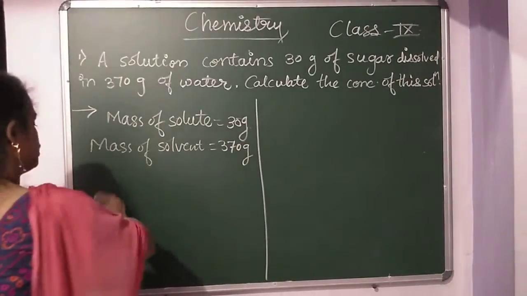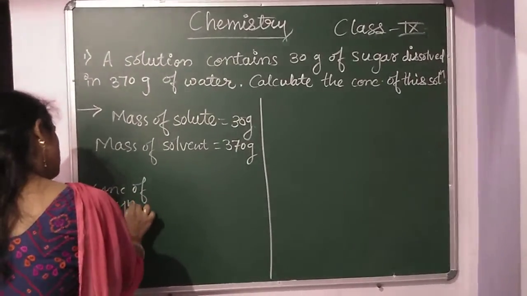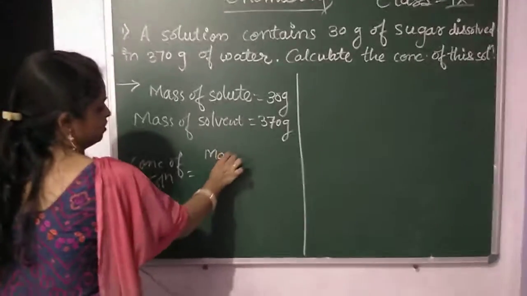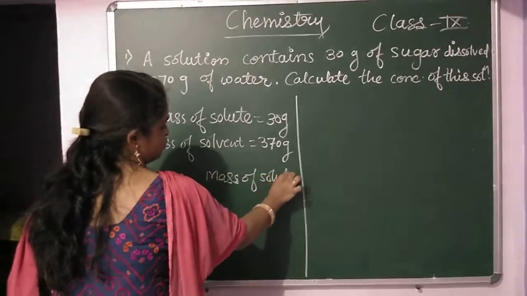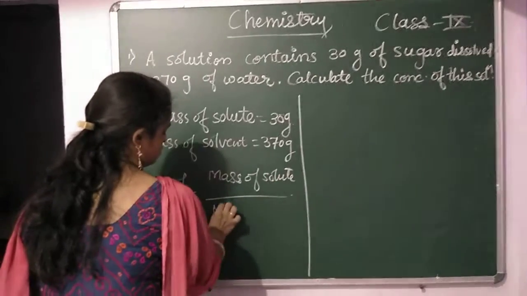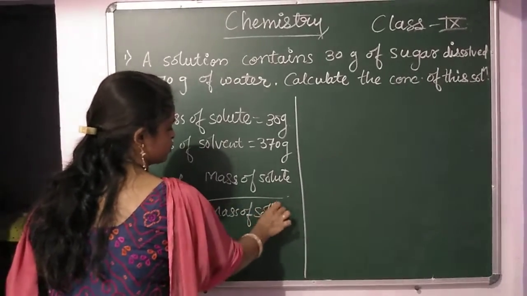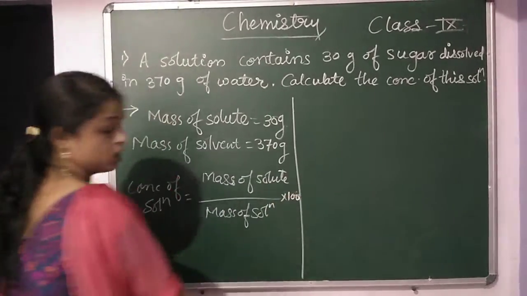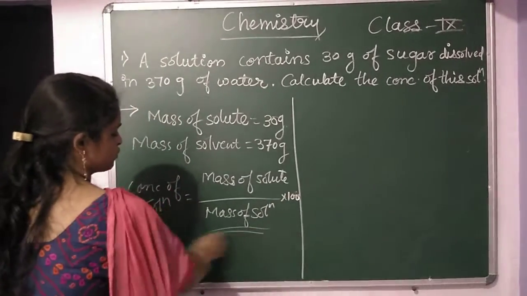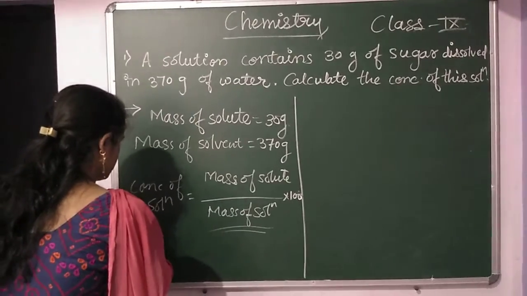Okay, what is the concentration of the solution we are finding? What is the formula? Mass of solute upon mass of solution multiplied by 100. But we don't know the value of this mass of solution. What is the formula for this? The formula for this is